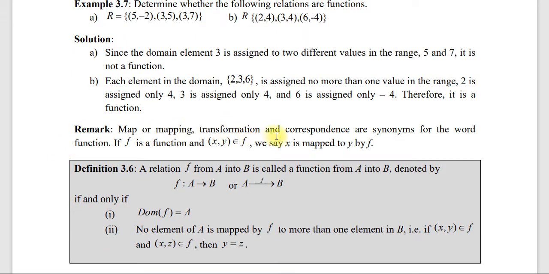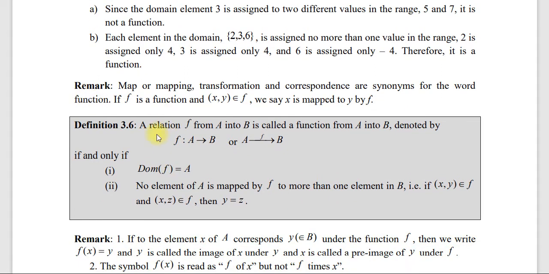Next there is a remark: map or mapping, transformation and correspondence are synonyms for the word function. Map or mapping, transformation and correspondence እነዚህ ወርዶች ከማን ጋር ተመሳሳይነት አላቸው ማለት ነው? ፋንክሽን ከሚለው ወርድ ጋር ተመሳሳይነት አላቸው ይለናል። If f is a function and the ordered pair (x, y) is an element of f, we say x is mapped to y by f። ስለዚህ ስለ ማፒንግ የተወሰነ ነገር እንበል።